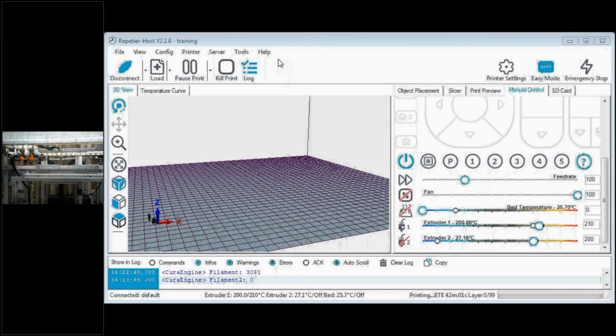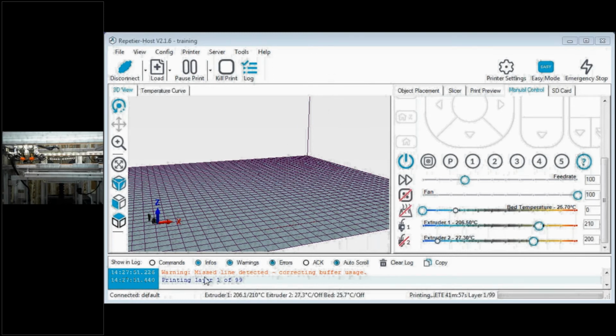Then after the nozzle reaches 210 degrees centigrade, your printing will start. You can see that the extruder 1 temperature is rising, 203, 204, and it will move up to 210 and it will start to print.